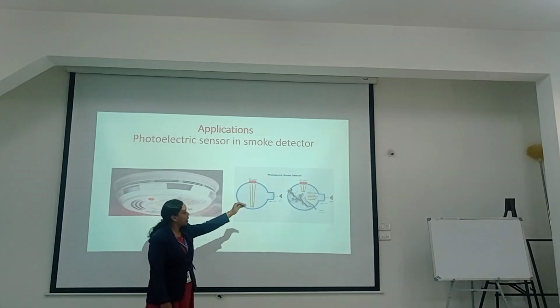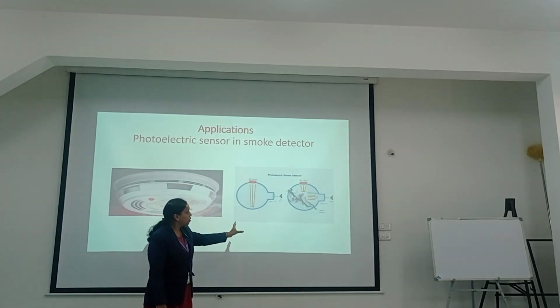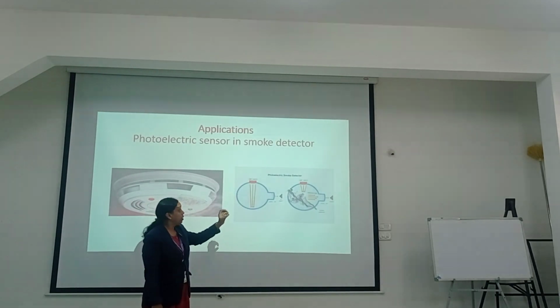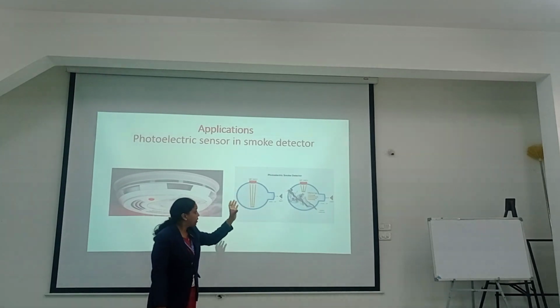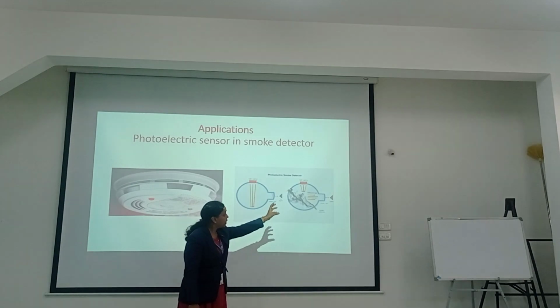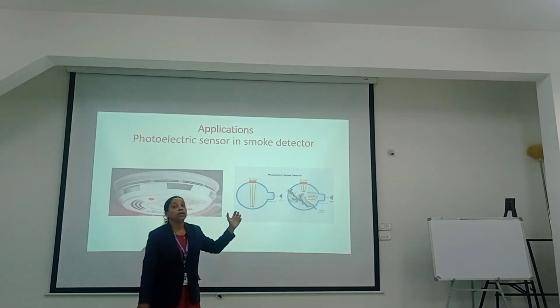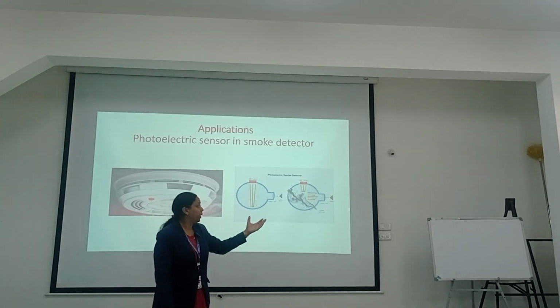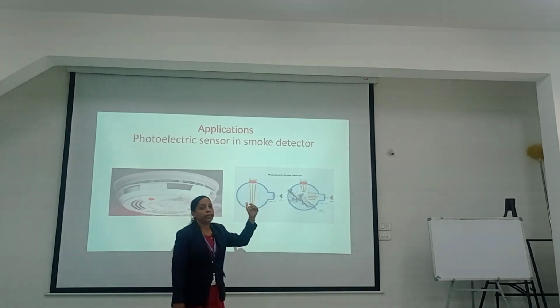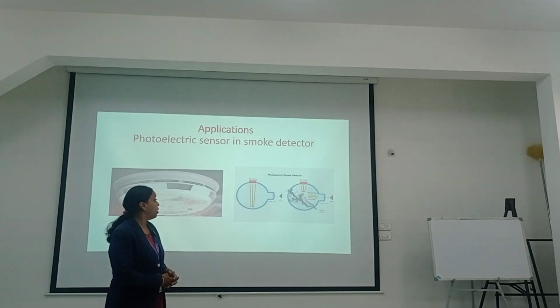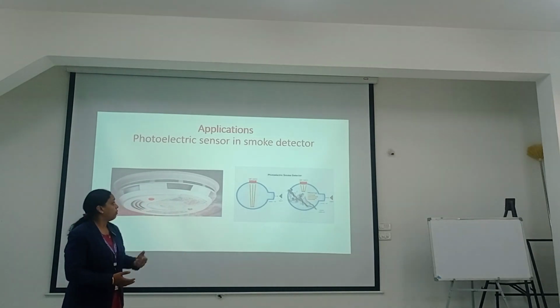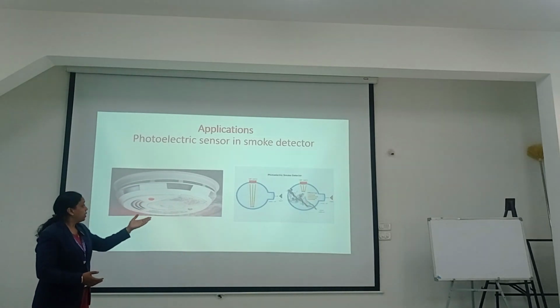But in the second picture, you can see that when the smoke enters the smoke detector, the light rays get scattered. When the light rays get scattered, they will be captured by the photodiode or photodetector and it will give some indication. The buzzer will be on, which indicates the presence of smoke in the environment. So this is one of the applications. And if you see the next one,